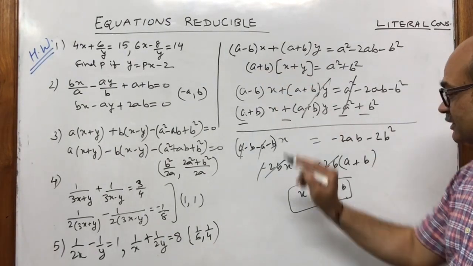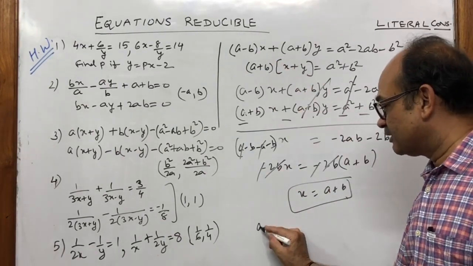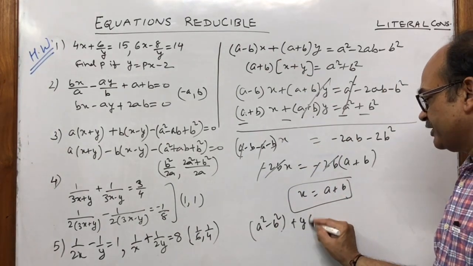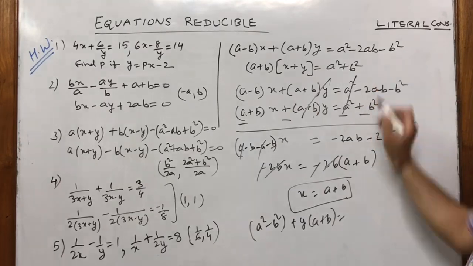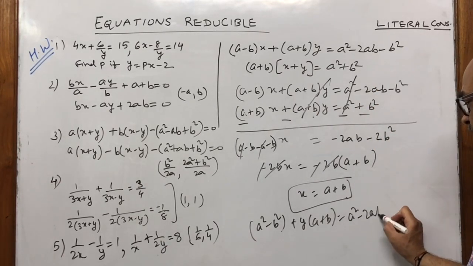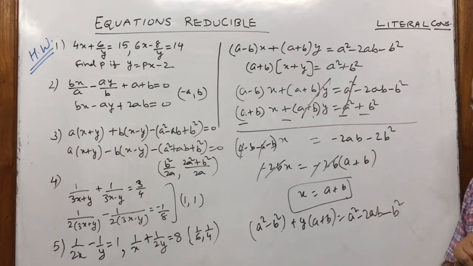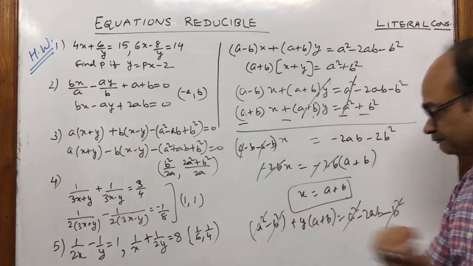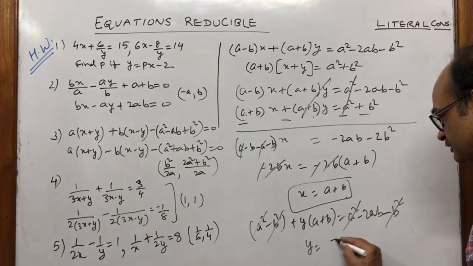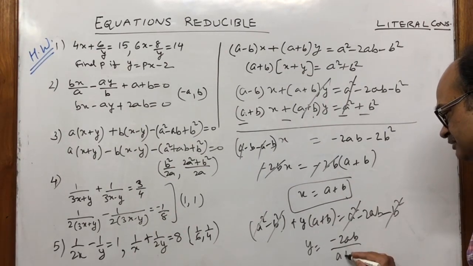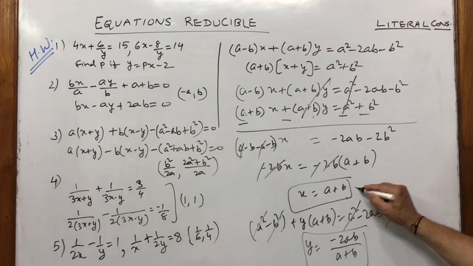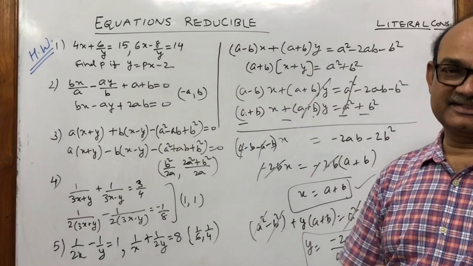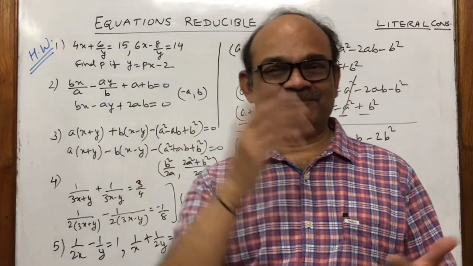अपन first में substitute करते हैं. So x a plus b here, it will become a square minus b square plus y into a plus b equals to a square minus 2ab minus b square. A square minus b square and a square minus b square cancel out. So y equals to nothing but minus 2ab upon a plus b. अब बताओ कहाँ टफ लगा? A and B are the answers. Simple. थोड़ा सा ध्यान से तो करना ही है, जैसे जैसे क्लास बढ़ेगी तो क्वेश्चन तो थोड़े बढ़िया बढ़िया आएंगे।